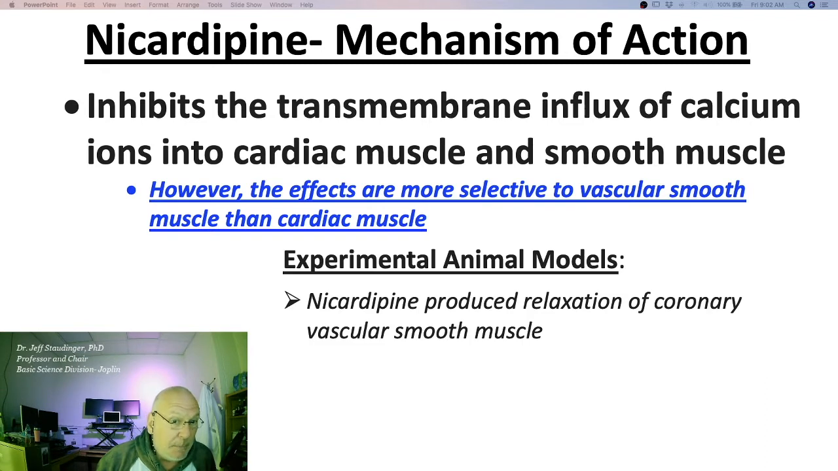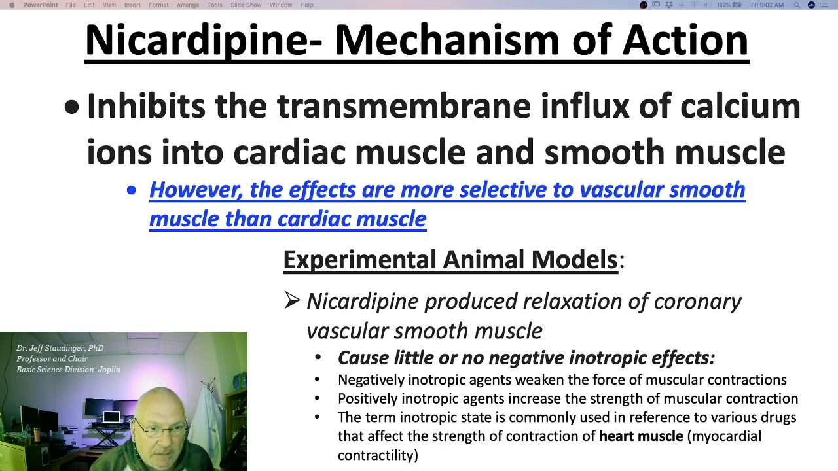In experimental animal models, this drug produces relaxation of coronary vascular smooth muscle. This drug causes little or no negative inotropic effects. Negative inotropic agents weaken the force of muscular contractions. Positive inotropic agents increase the strength of muscular contractions. The term inotropic state is commonly used in reference to various drugs that affect the strength of contraction of heart